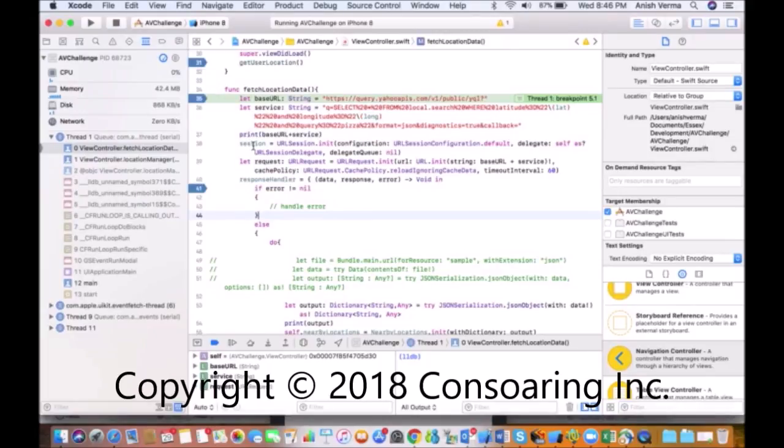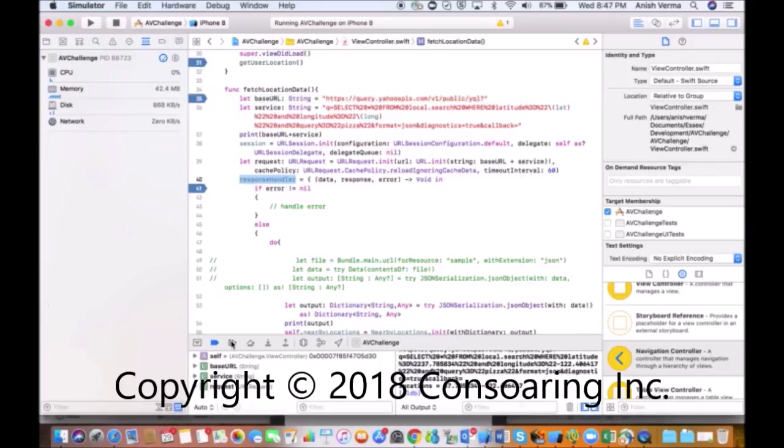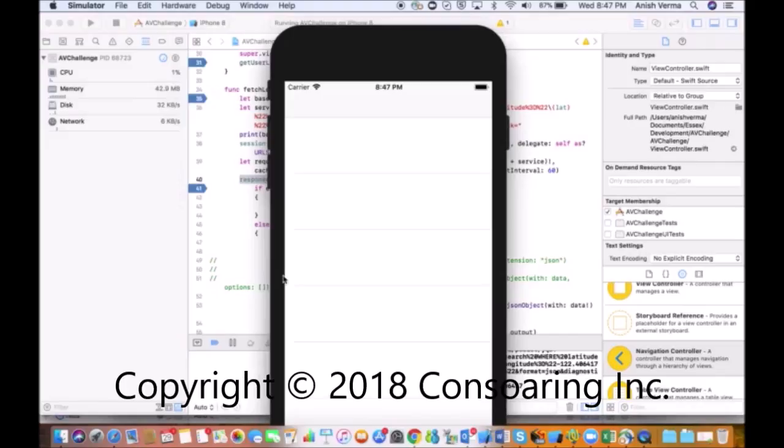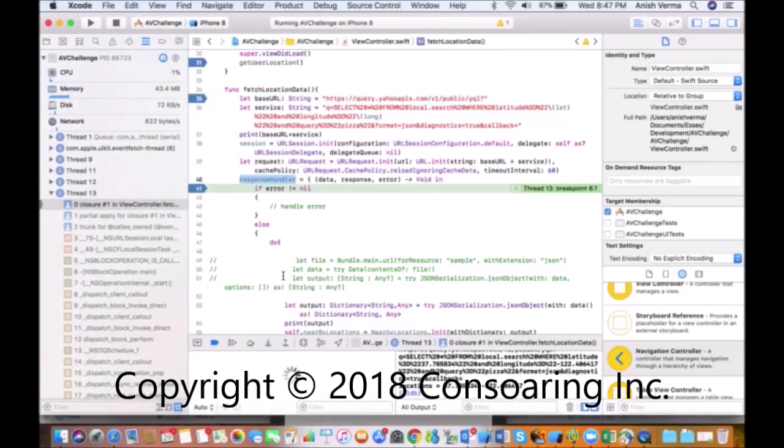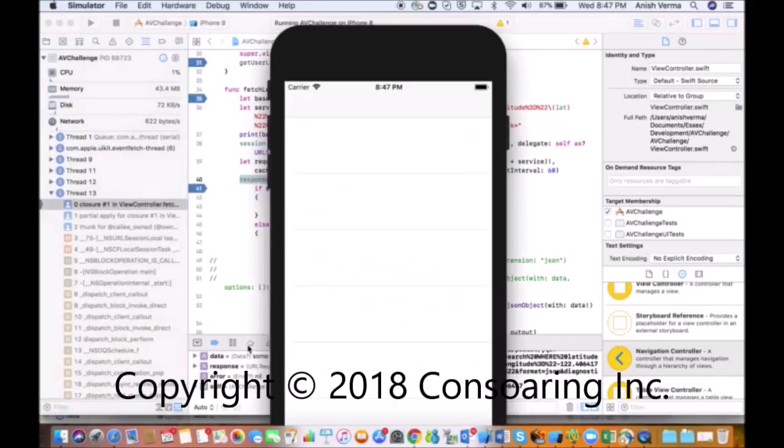For fetching the data, I have used URLSession. I have created the object of the URLSession, and then I create the URLRequest, and using that URLRequest through this URLSession, I have added this response handler, which is the block or the closure, to get the data. Whenever I have the data from this query, I'll land in this block. As you can see, I received some data, if it's not an error,